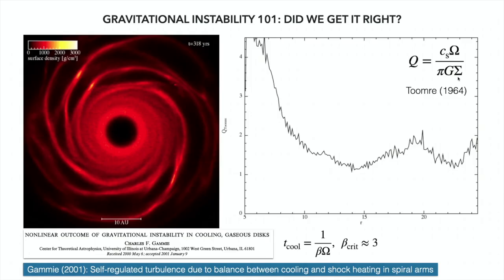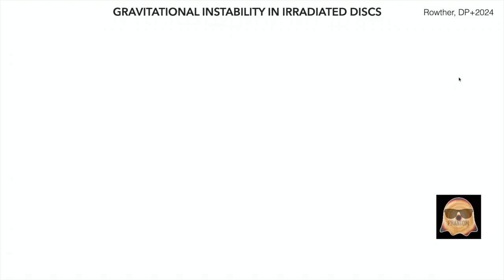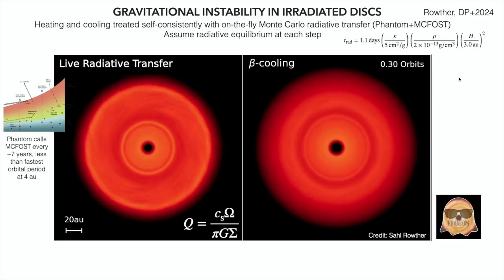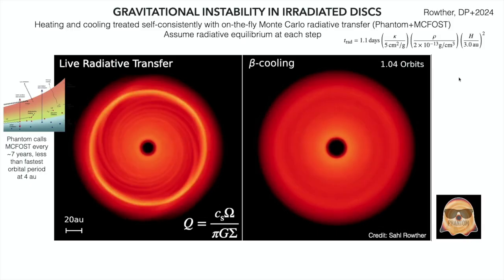Shock heating actually does nothing. So in a protostellar disk, we should have the heating from the central object. And so people have tried to study this. But again, we have a tool that we can try and attack this problem. So we can do this kind of on-the-fly Monte Carlo. So we can simulate what happens.